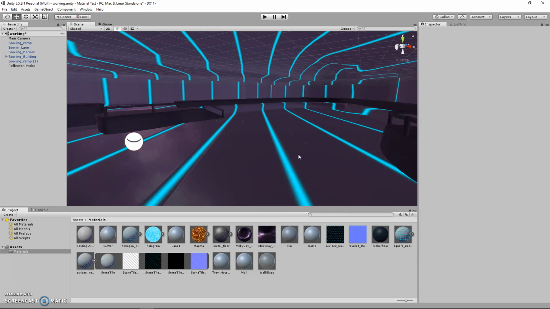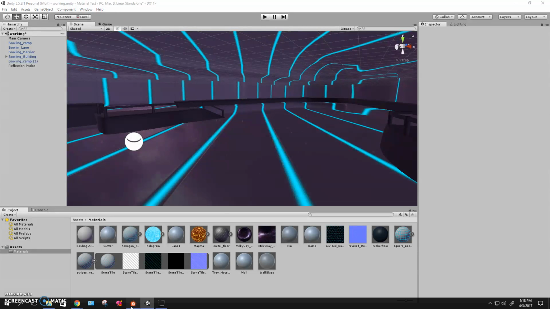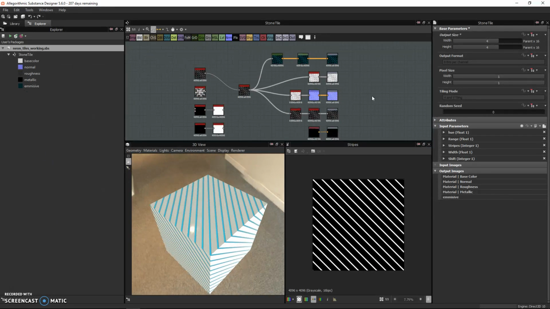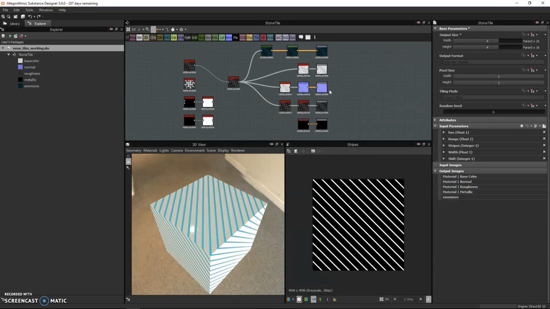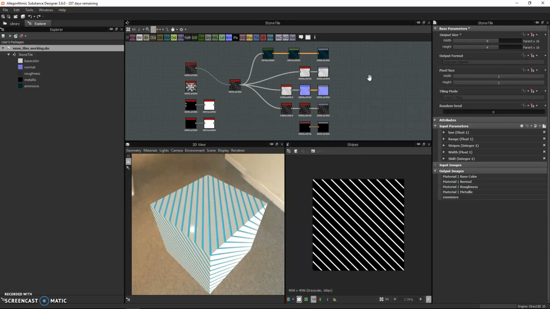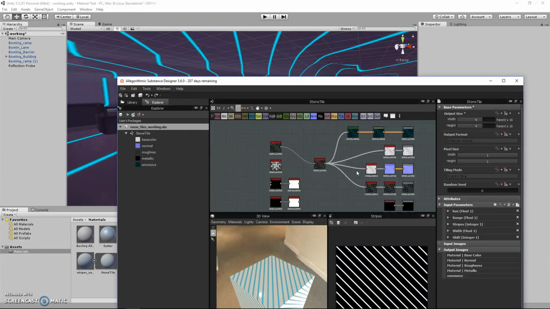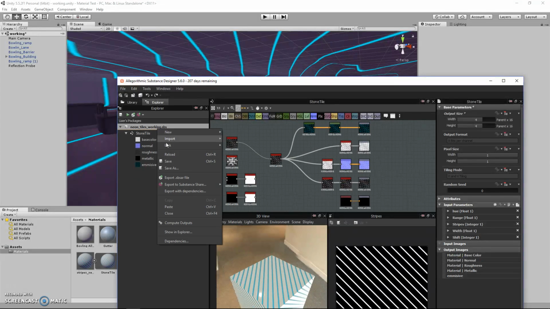And so I knew that the best way for us to play around with different materials in our environment and check out the lighting and see if we need to change anything just really quickly would be to use Substance Designer in order to create unique materials. And I needed a way to quickly throw them onto my Unity project in order to just quickly use different ones on the fly. So what I did was, I figured out you can save these materials as an